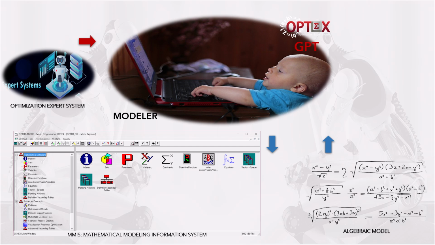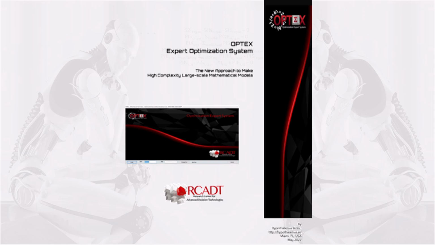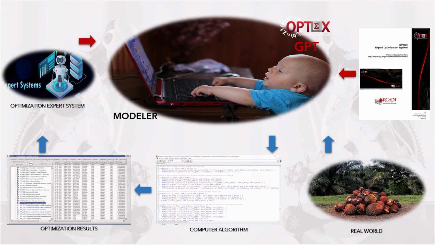OPTEX-GPT will be a specialized generative artificial intelligence to work in the OPTEX Optimization Expert System environment, which will be powered by mathematical models that exist in the current OPTEX database, and of all new models and/or the algebraic components that will be introduced. The first type of information that the OPTEX-GPT database should store is: from the correct configuration of the MEs, the modeler will be able to configure the required algorithms, link them together, and generate the computational code of their choice. Finally, he/she will be ready to run the multi-problem models.